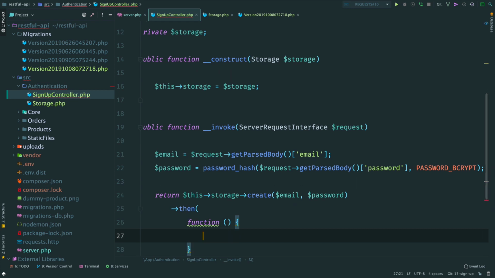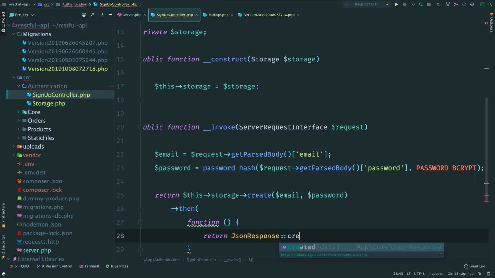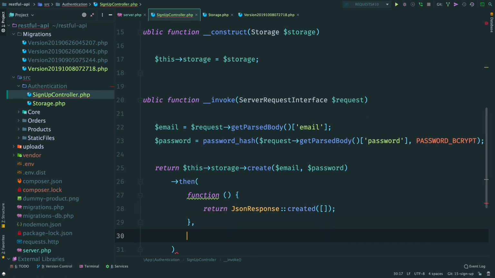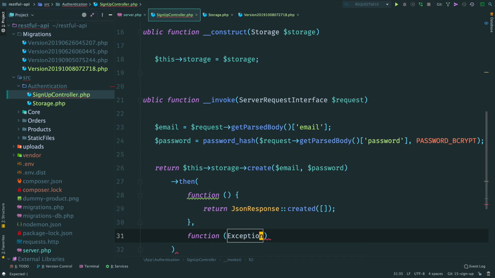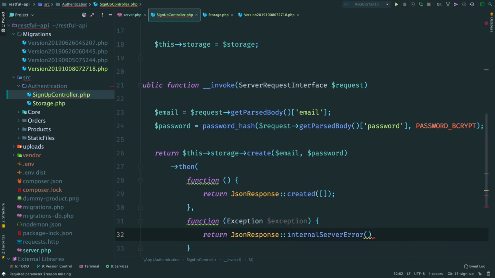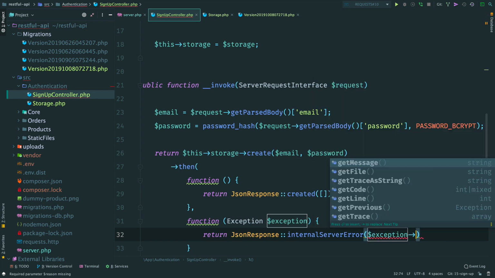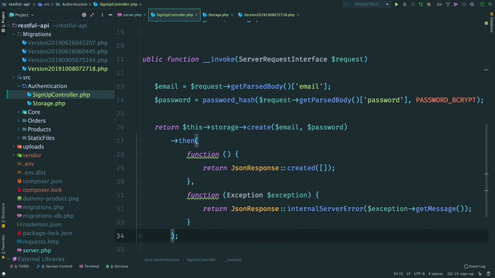Once the user is created, we return an empty 201 response. Add an error handler. If something failed, we return internal server error. Okay, the first draft is done.